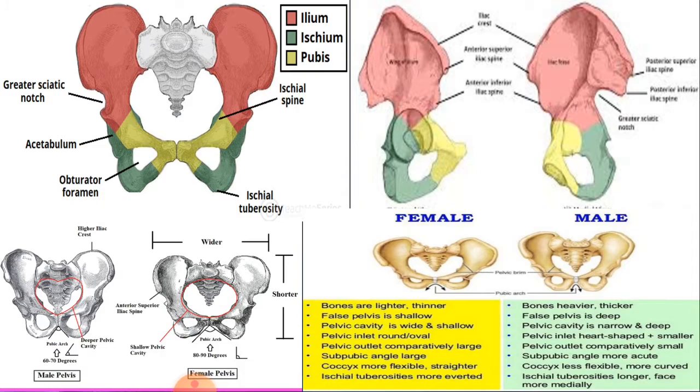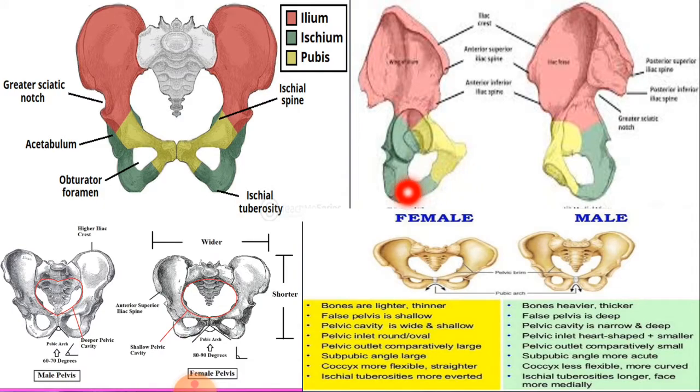And the pelvis is a term that is used to describe a structure that is basin shaped, and the pelvis is formed by the pelvic girdle. I have already told you that the pelvic girdle is formed from the two innominate bones and its associated sacrum. So the pelvis will be formed by the pelvic girdle and its associated sacrum, and the pelvic girdle alone will be formed by the two innominate bones that are also called the hip bones.